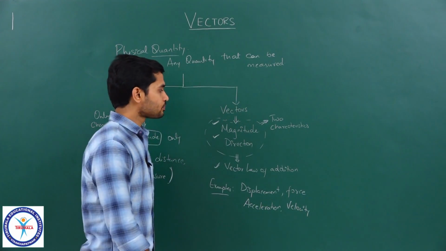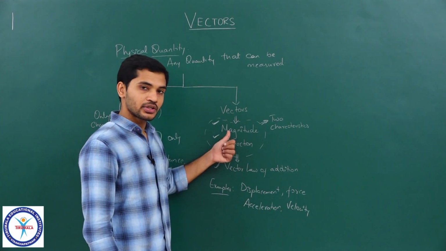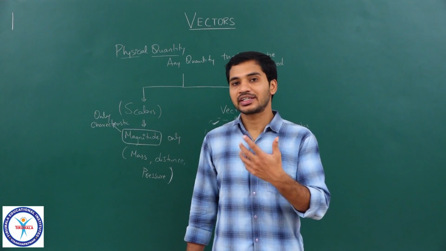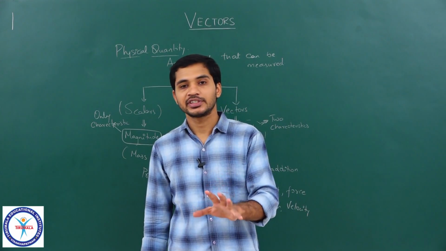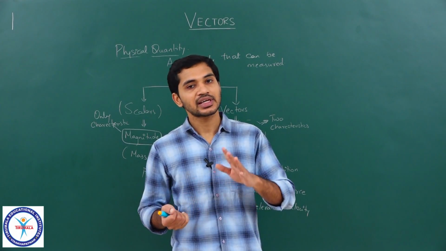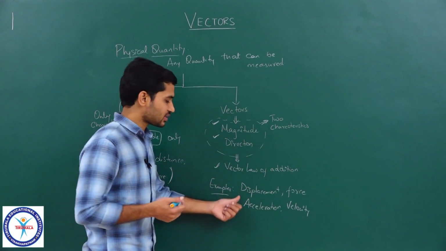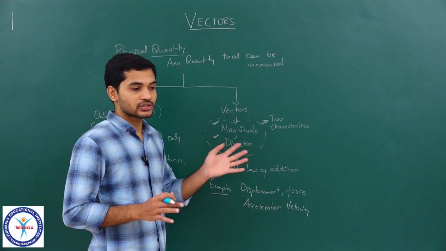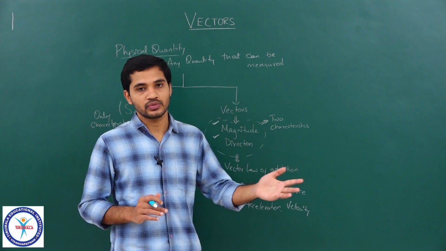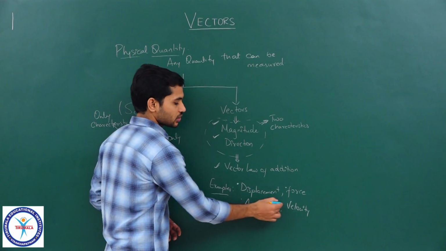Okay, so the basic idea here is that each and every one of these quantities which I have written here will definitely have a magnitude and also a direction. For example, if I am expressing the displacement of a person, I have to tell how much is the magnitude of displacement as well as in which direction it is. Without both pieces of information, I have not expressed the displacement. It is not displacement if the direction is not associated with it. Clear? The same applies to force, acceleration and velocity.